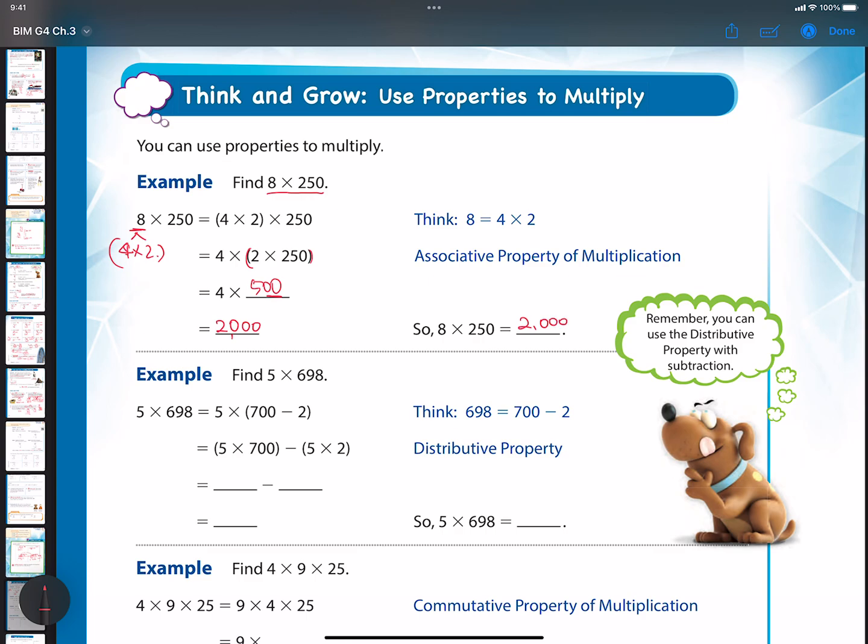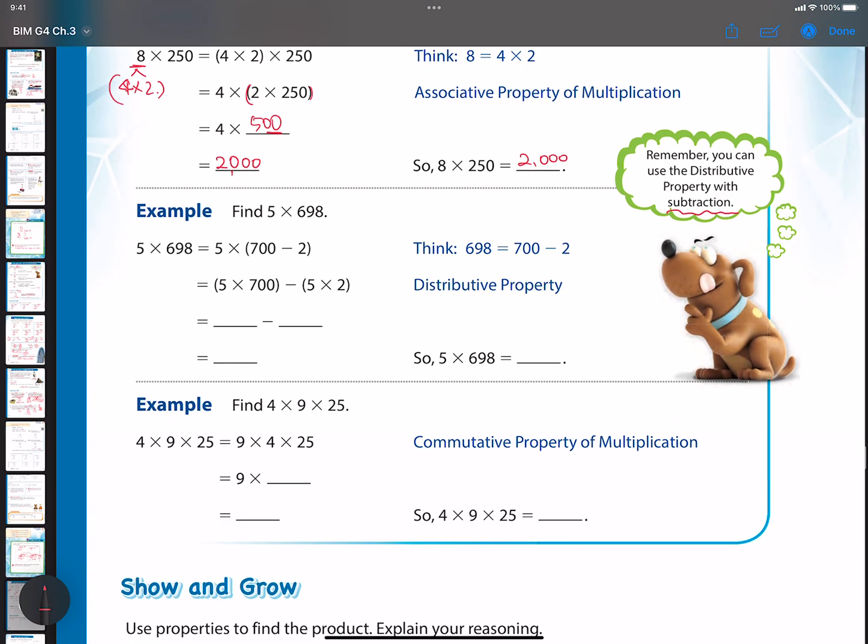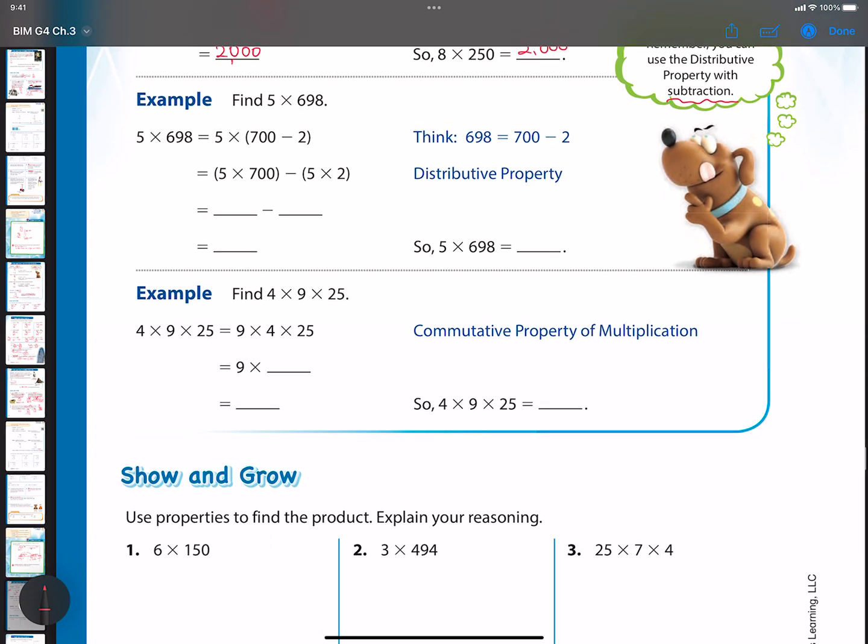And this puppy said what? Maybe his name is Newton, right? He said, remember, you can use the distributive property with subtraction, not only addition. Okay, remember that. Now example, find